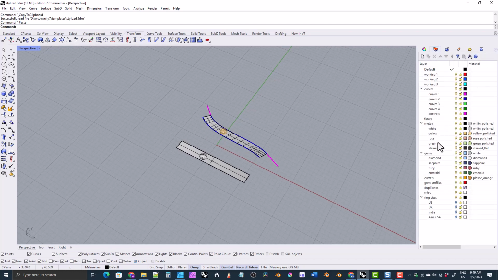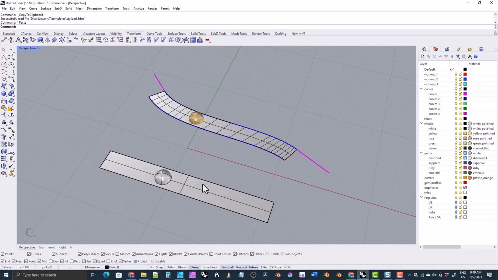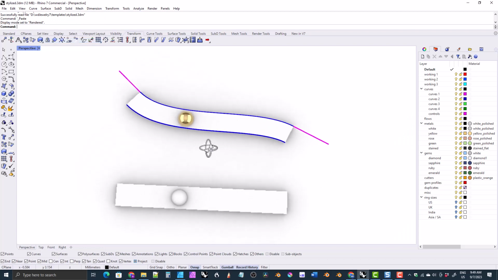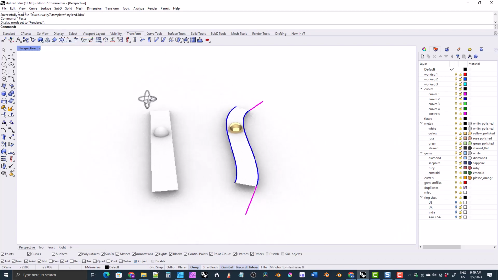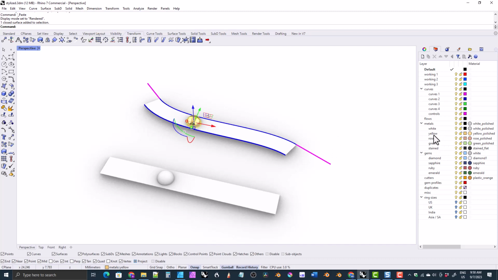Since the layers are the same, the only thing that really changes are the metals. It keeps the layer information when you copy and paste like that. So now when we switch over to rendered view, you can see that ball is now metallic. You've got various metal colors here, so you could switch this over to white gold